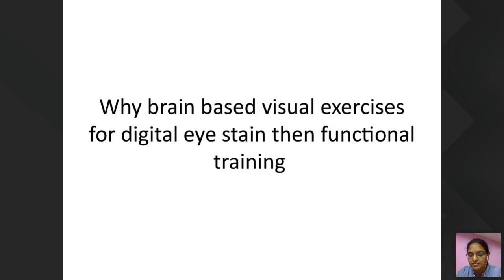You have to stop there, focus and hold for 10 seconds, and then relax again. This is for the convergence. Along with that, there is also an accommodation problem in digital eye strain. In accommodation, you have to move from distant vision, hold it for 5 seconds, and then in closer vision hold it for 5 seconds. Alternately, you have to do it 3 times. If you have a problem with this accommodation, there is a problem with the midbrain, and you also have to train this accommodation by means of this pencil push-up.